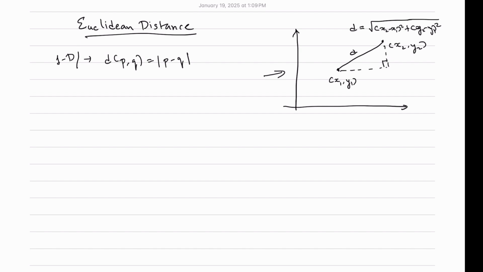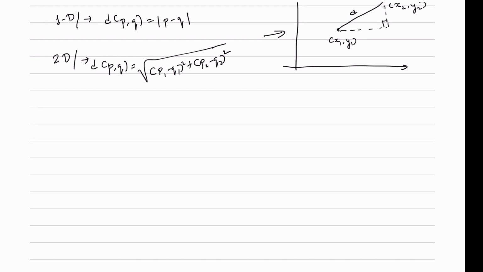But if you are looking at, let's say, a two-dimensional format, right, that value of d of p and q can change to the square root of p1 minus q1 the whole square, plus p2 minus q2 the whole square. Okay, so that's in a two-dimensional format, but this can also be different if you're looking at